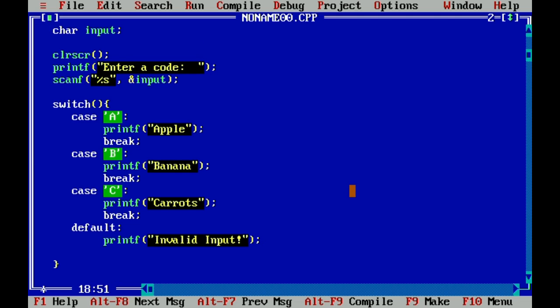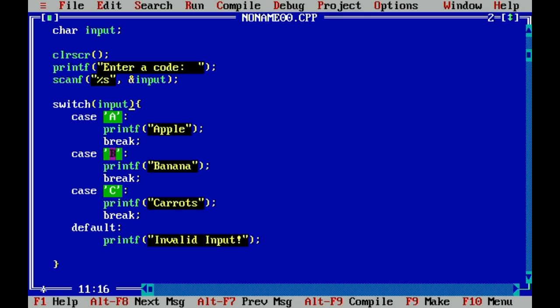Let us try to create our switch case statement. Let us take this example. In this program, we're going to accept a character value. As you can see here, I've created a character variable named input, and that input will be used in our switch case. After accepting a value for the input, we use a switch case wherein the test variable is your input. If the input is equal to character A, then it prints apple.